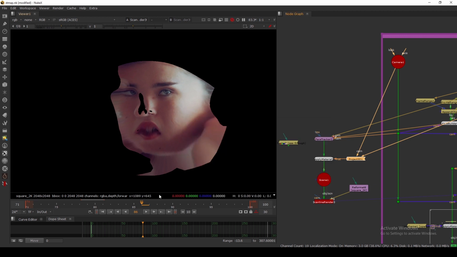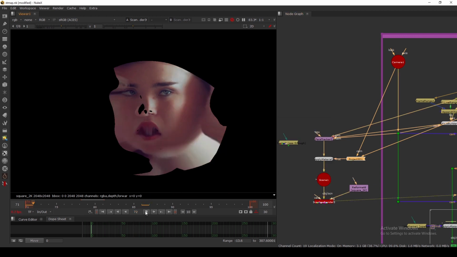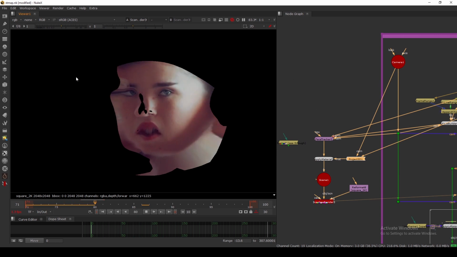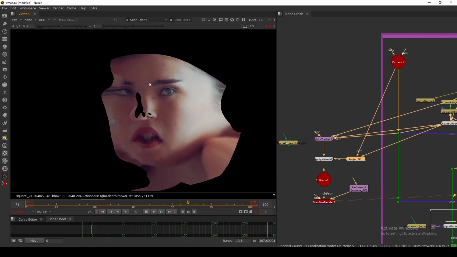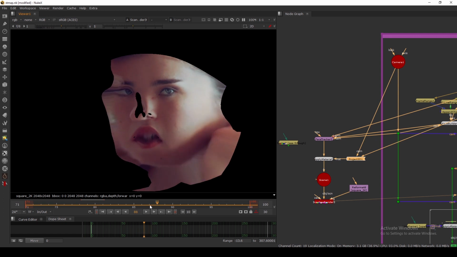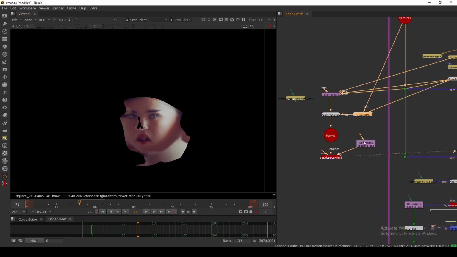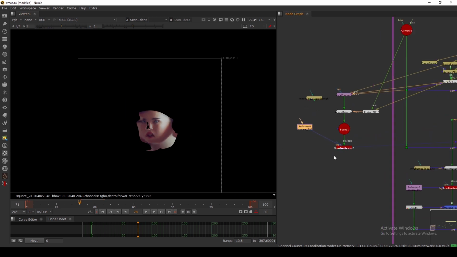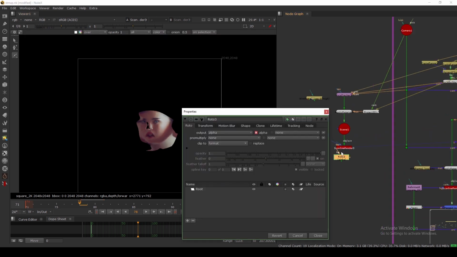Okay, so as you can see now, if I play this, this is the unwrapped and stabilized version of this CG face. So basically we are unwrapping the face onto a flat surface, so we can do anything on the face. Let's see how good this is. As you can see, this is fairly stable. Now we have this stabilized unwrapped footage of this girl. So what we can do is use this image, and let's see if I take